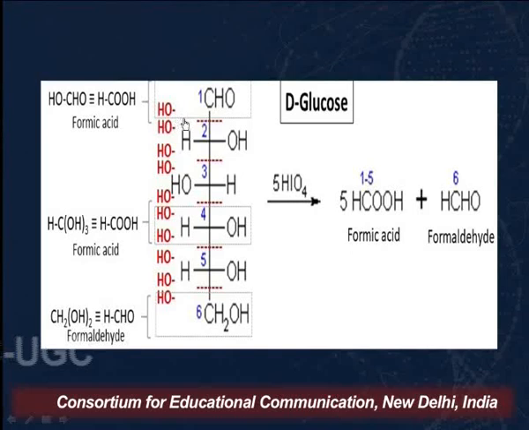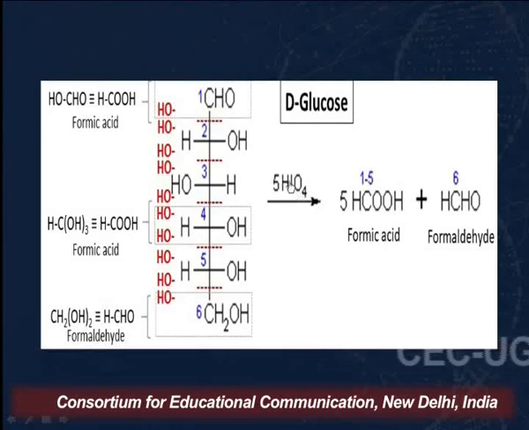So what you have to remember in this case, we are discussing it in a different manner now, is that if it is a terminal group, only it will undergo 1 oxidation. We know that when we carry out oxidation of an aldehyde, it is converted into a carboxyl group. And when we carry out oxidation of a primary alcoholic group, it will be converted again into an aldehyde, which can again be oxidized to a carboxylic acid. So it will undergo 2 oxidations here. It will lose a water molecule and will be converted into formic acid.